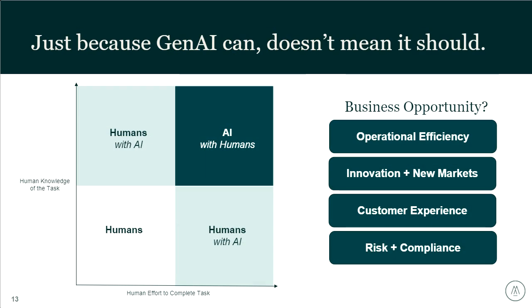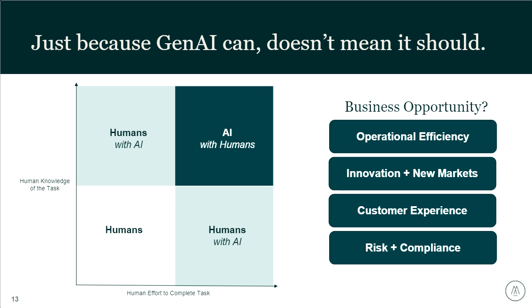And then you have that other component, which is, how do we even identify our use cases, both at an individual level and on a business scale? Just because Gen AI can do something, it doesn't mean it should. It's essential to remember this so that you can ensure that AI is applied ethically, applied securely, and applied in alignment with your business goals and objectives. So I'm going to introduce this little table I've got on the screen, and it helps us think about where we should and shouldn't use AI.